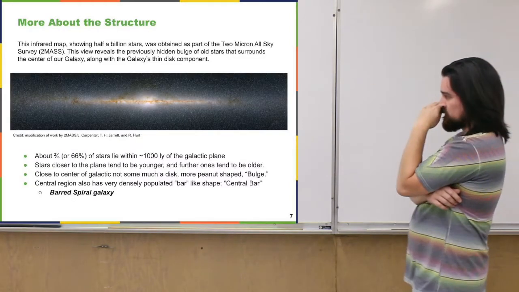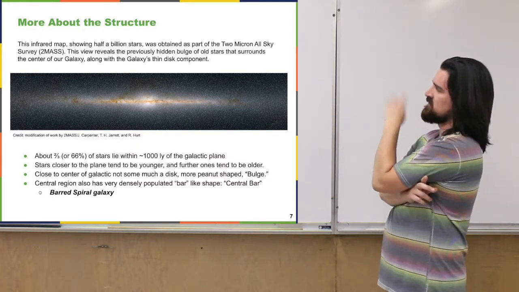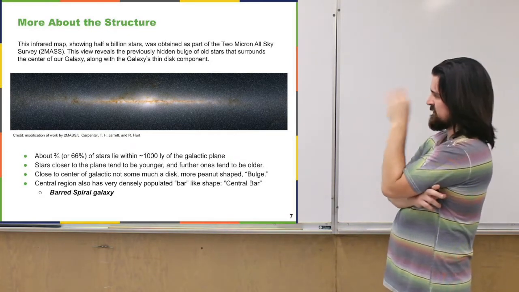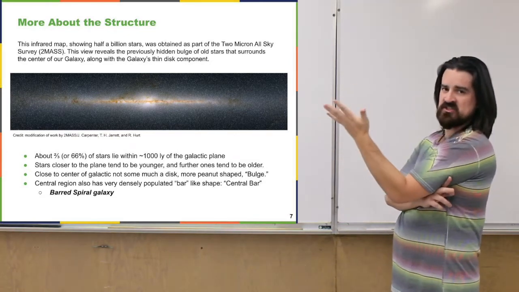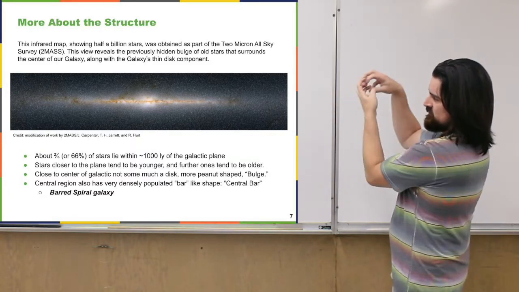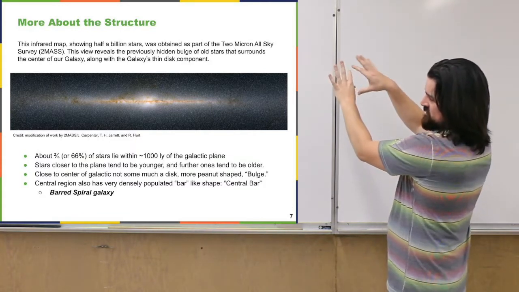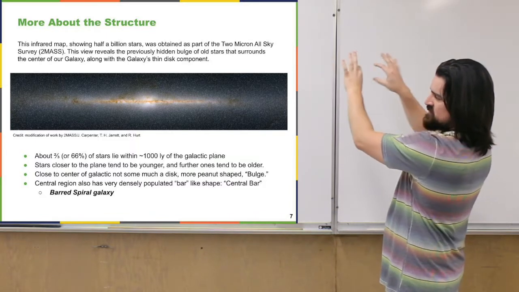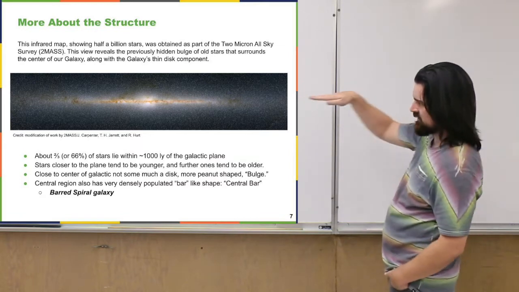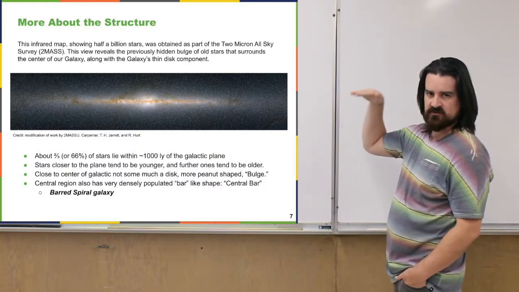So this is an actual collage or whole survey of images that were taken in the infrared part of the spectrum. So looking towards the center of the galaxy, it's kind of cool. You actually just see what our galaxy looks like when you look towards the center. Really bright in the middle, and it kind of bulges a little bit, and then there's a decent amount of stuff that's still really bright, but it's in this disk around that center. Right? So that plane, that line, you can kind of draw through all this stuff, that's what we call the plane of the galaxy, or the galactic plane.